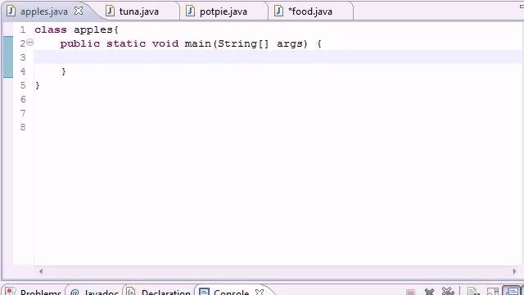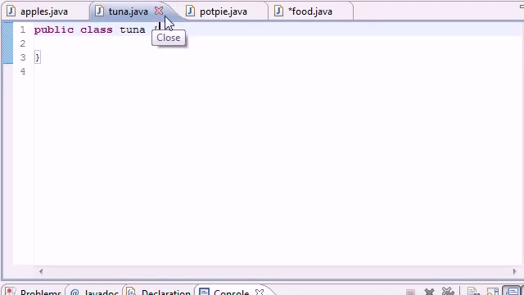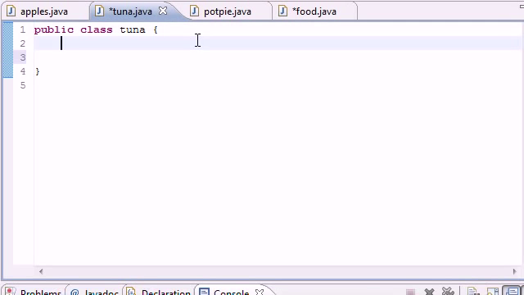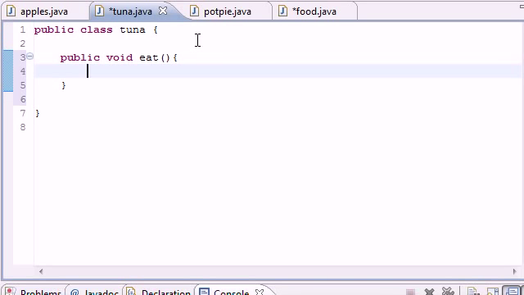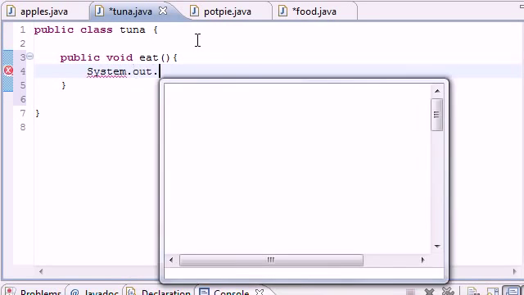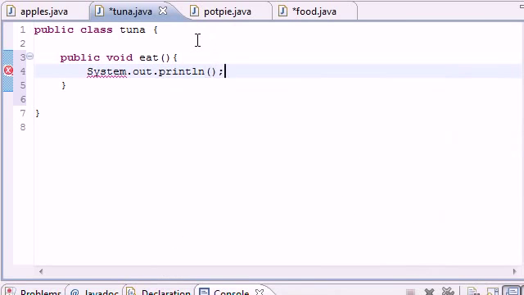Now what inheritance is, is pretty much inheriting stuff from another class. So why is this useful? Well, say we have two classes right here, tuna and pot pie, and in the tuna class we have a method like public void, we'll just name it eat. And let's say in this method all it does is go System.out.println, and then it just prints something like I am the eat